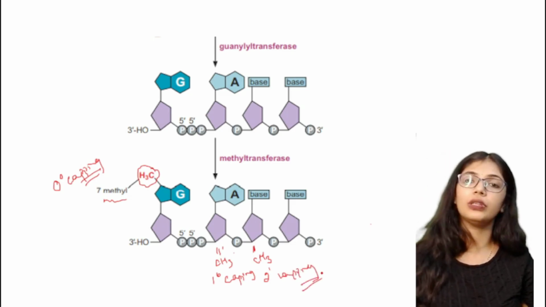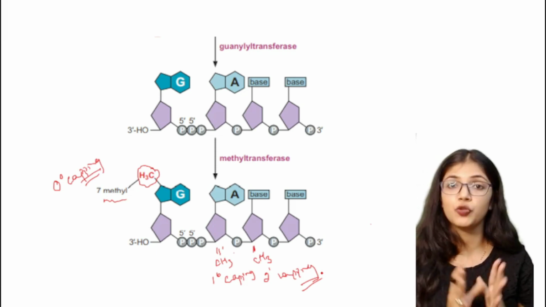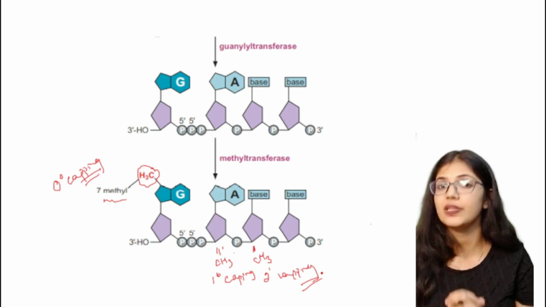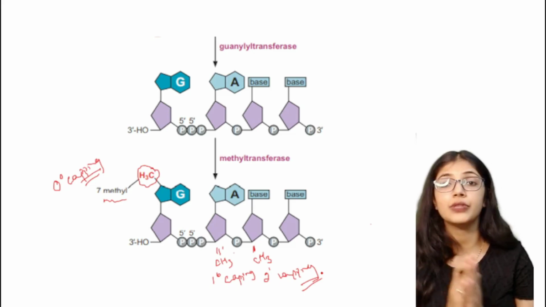This is how the methylation or the 5' capping of the mRNA takes place, to protect the mRNA from degradation by certain exonucleases. As well, it is responsible for the transfer of the mRNA from the nucleus to the cytoplasm, due to